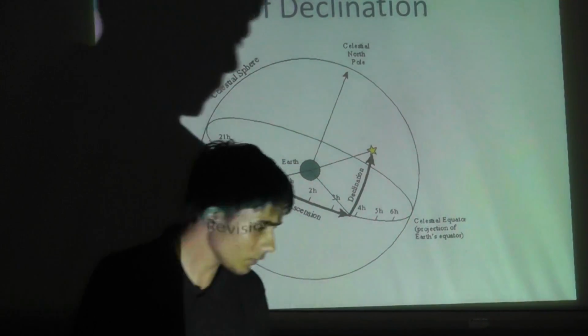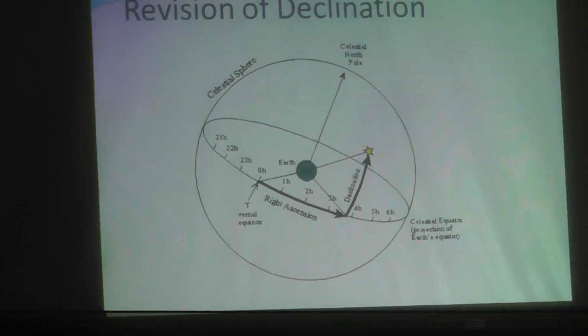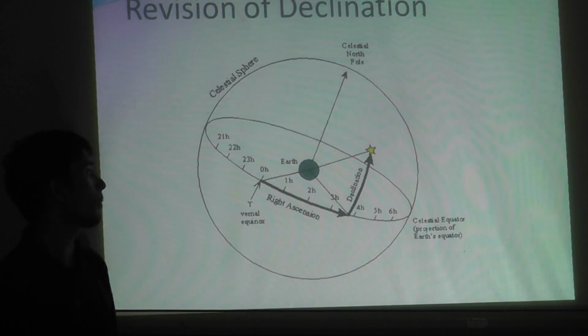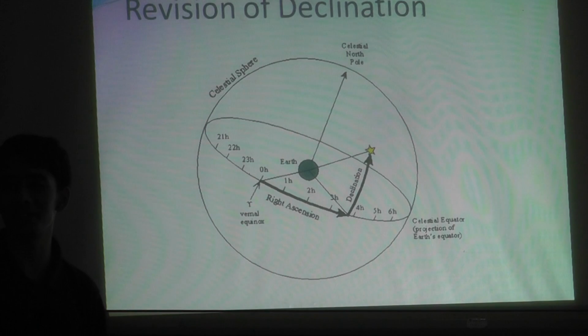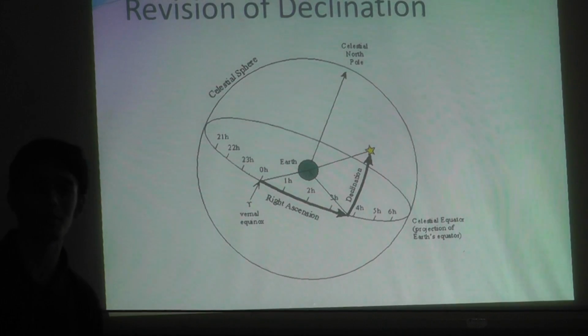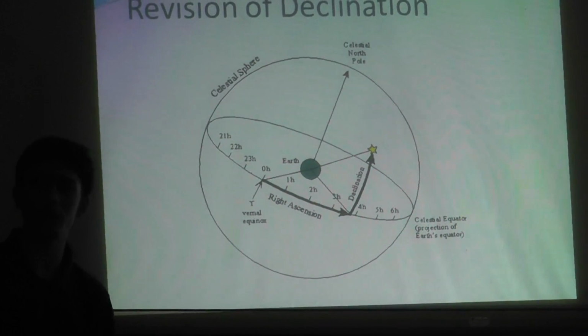Now, what is the reference for this? From where are the RA and dec measured? Right ascension is measured from a point. For example, where is longitude measured from? We know that it passes through Greenwich. But why was Greenwich chosen, or what is so special about Greenwich? There's nothing particularly special about that location. It was just that they wanted a reference system, and that's where they started.